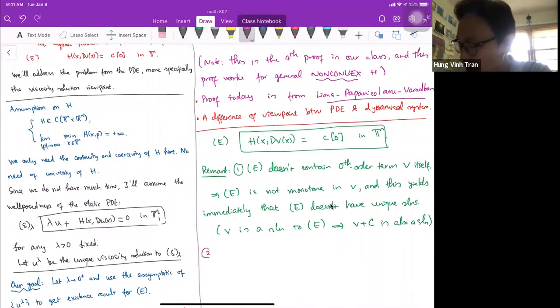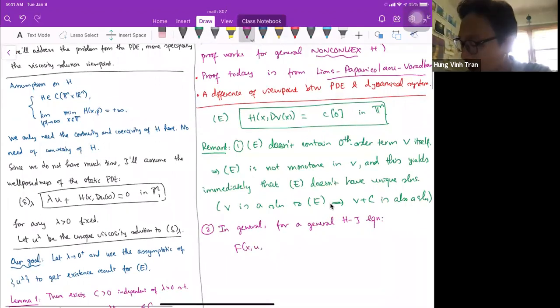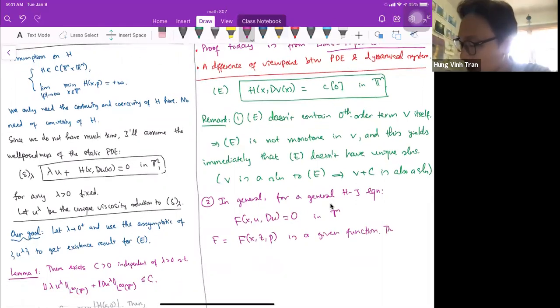In PDE language, in general, for a general Hamilton-Jacobi equation of the form f(x, u, Du) equals 0, say in the torus, where f(x, z, p) is a given function, we say that the PDE is monotone in u